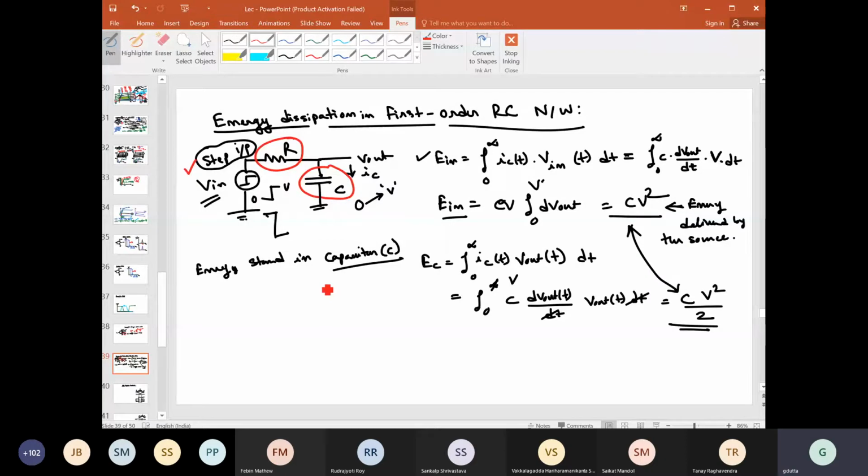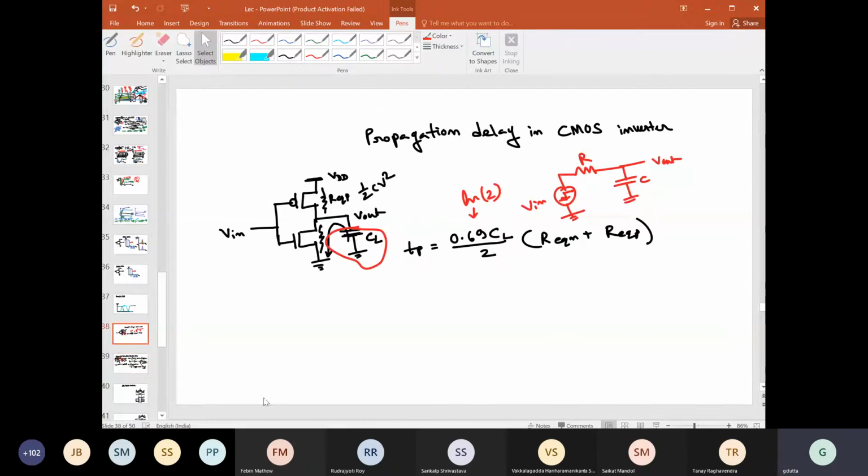So I think now we can directly move to the estimation of this MOSFET capacitances. In the introduction part only today, we have already discussed, you can see the propagation delay. If you want to estimate any delay, then it is very important to understand what this CL, the load capacitance, is, and how to estimate that.